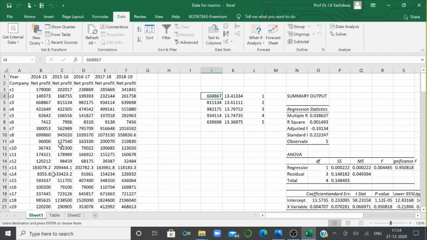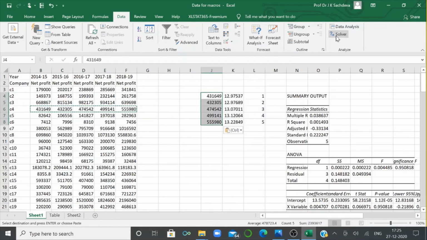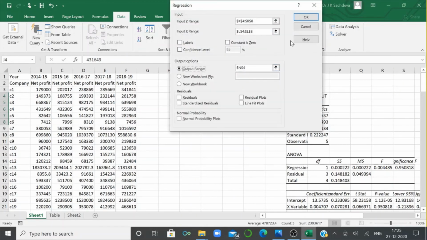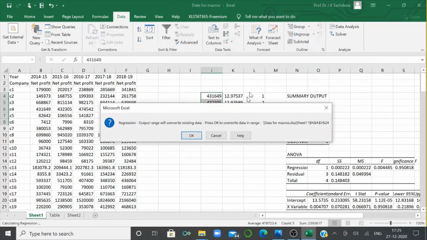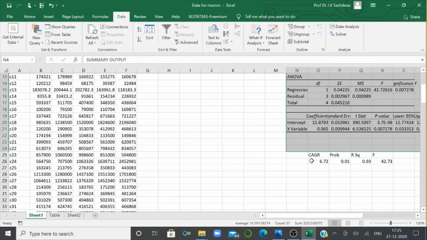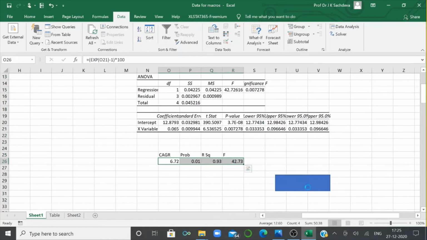Now we will go to company 4, copy, paste, transpose, go to data, data analysis, regression, same values, and overwrite. So now these values should be copied and pasted.